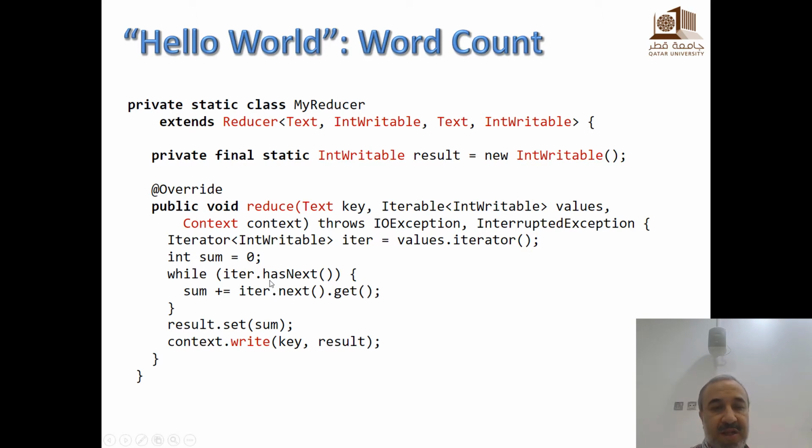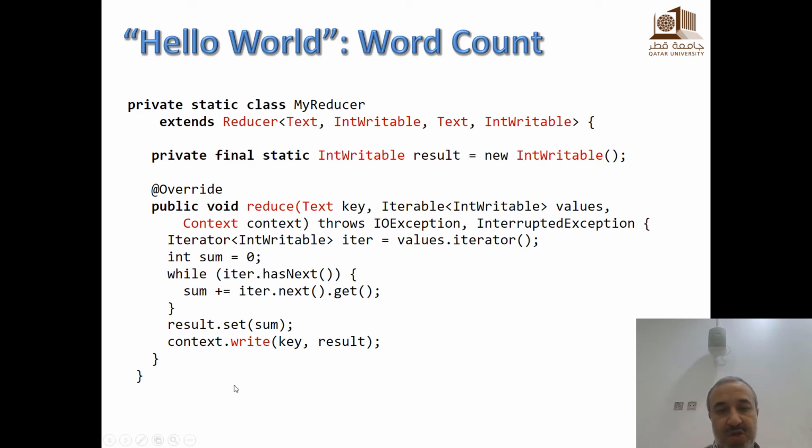So you use the function hasNext to check if you still have something that is not processed yet, and then get will give, and then next will give you the new value. Okay. Here, what we want to do is to count the number of times, right? So for all values, these are values produced by the mapper. We want to sum them, right? So we need to get the integer value from the values, sum them, and then